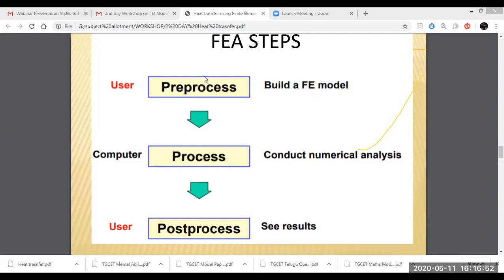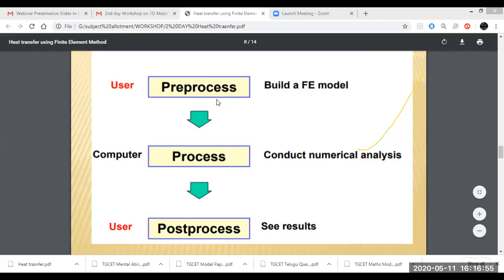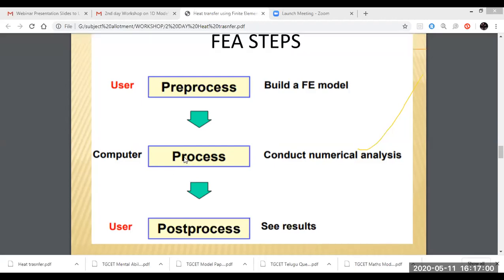Okay, now after giving the input values in the preprocessor, you are going to take the process, which means solving. It's going to solve mathematically. Whatever elements you take, as per the element it's going to convert into a polynomial equation. The number of polynomial equations depends upon the nodes and elements, and it will generate automatically. That polynomial equation is converted into matrix form. Finally the matrix F equal to K into T, where F means Q, equal to K into T form. It's going to write it, and as per the input, we are going to collect the output values. That is the process.